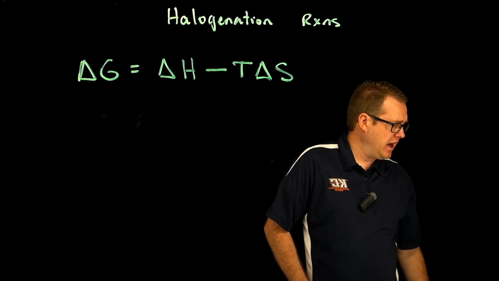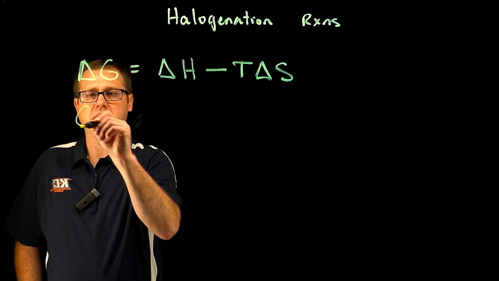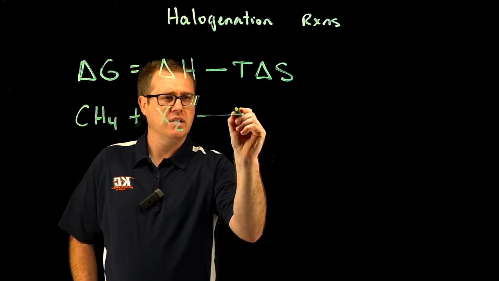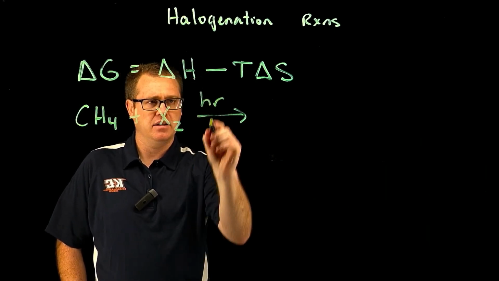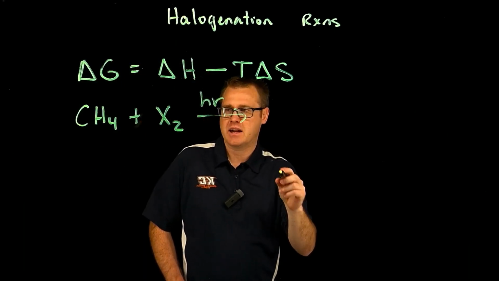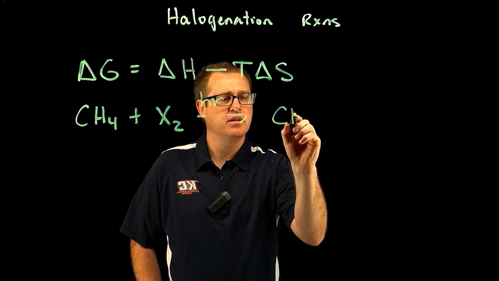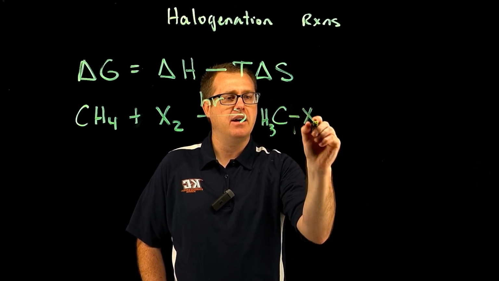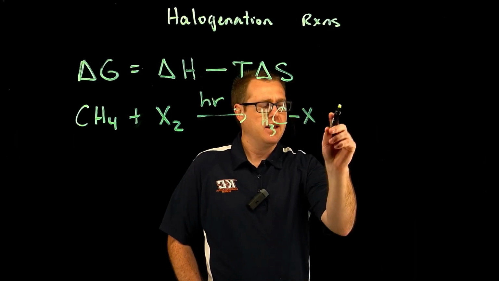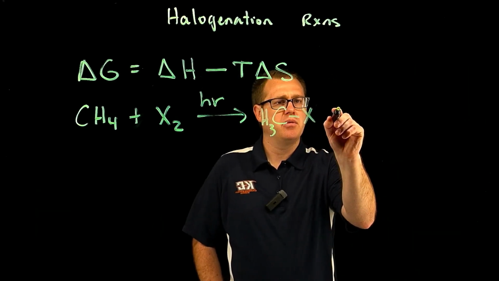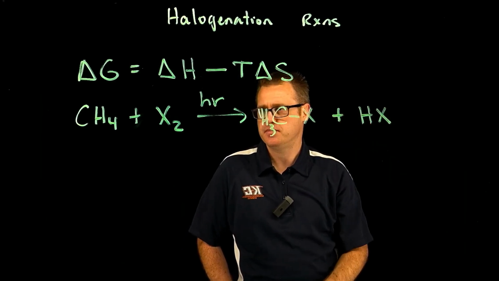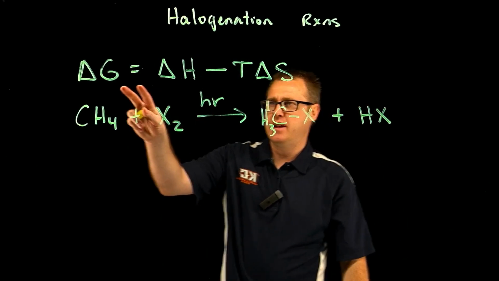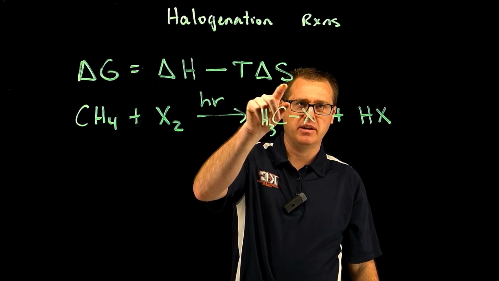So when we take methane here and we treat it with our halogen, and we're going to add some light, we're going to do a radical reaction here. We are going to get CH3 right there like that, and then put our halogen like so. And then we would also get our HX. Okay. Like that. So when we look at Gibbs free energy, we have an entropy term right here, which is